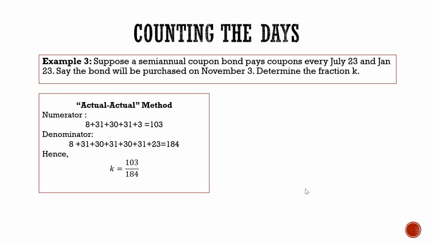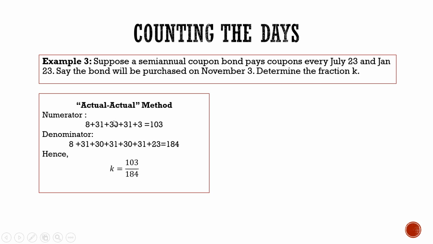So here, by the actual method, for the fraction we have the numerator and the denominator. For the numerator, we calculate from the last coupon date to the day November 3rd. And for the denominator, we calculate the number of days in the whole coupon period. So the numerator here is 8 plus 31 plus 30 plus 31 plus 3, because in July,